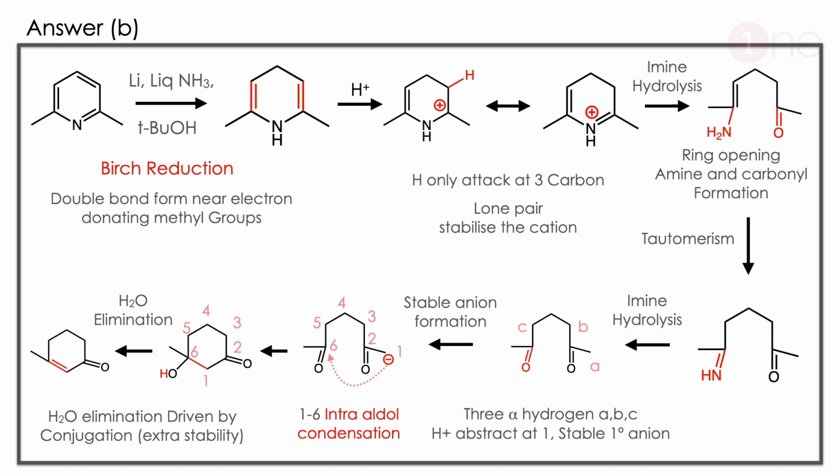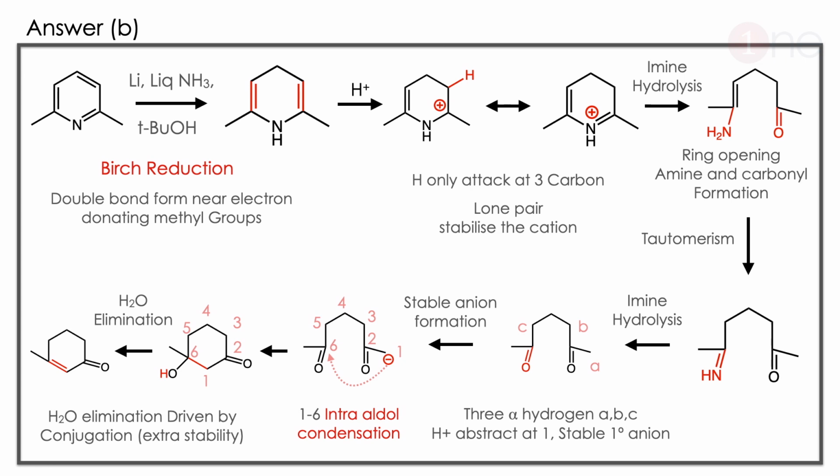So there is an imine there. We are doing hydrolysis. Since the system contains water and acid, hydrolysis is possible. So an amine and a ketone will be formed there. Then tautomerism occurs in the amine. Again the imine is formed. Imine hydrolysis. Here you are having the diketone. You are having the alpha hydrogen atom, so you are using the base also there. Base abstracts the proton there, so a negative charge will be formed.